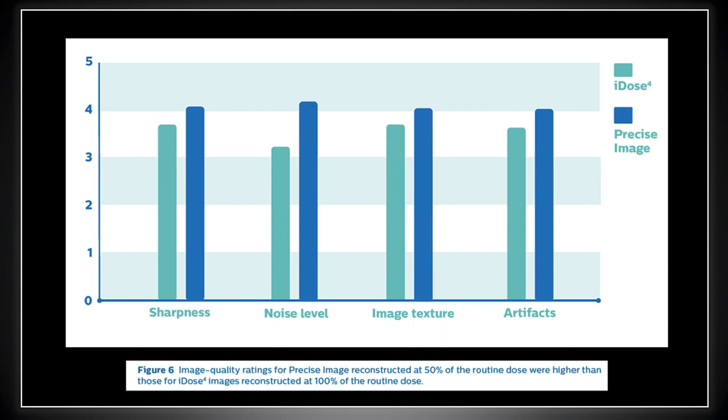And you can see from this particular graphic that the deep learning image reconstruction at half dose was able to outperform the conventional iterative reconstruction technique across the board for sharpness, noise level, which generally turns into contrast to noise level, image texture, as well as artifacts. And that really is an enormous boost. So for the first time, we're offering a technique that lowers the dose that may actually even improve the image